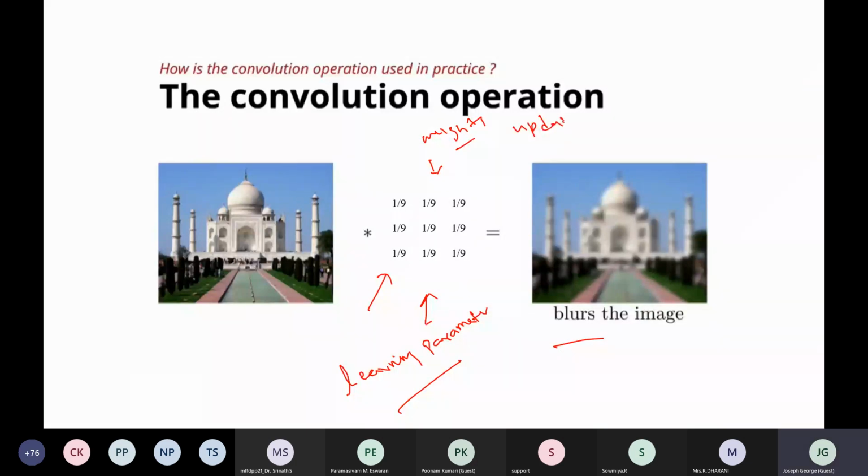This is a very important thing you need to know. In the forward pass, you will predict, and from the prediction, you will calculate the loss, and in the backward pass, you will update the weights. Updating the weights means you are updating the values of the kernel. If you are using 32 kernels, then you are updating the values of 32 kernels. If you are using 64 kernels, then you are updating the values of 64 kernels.